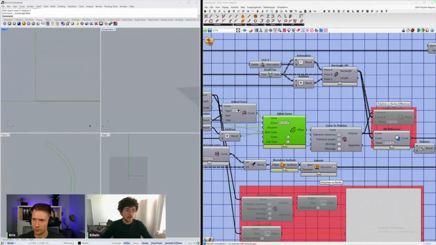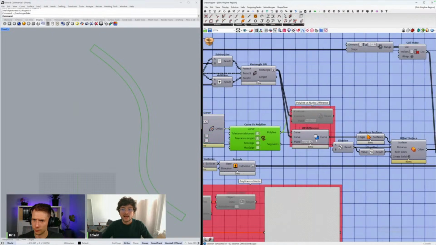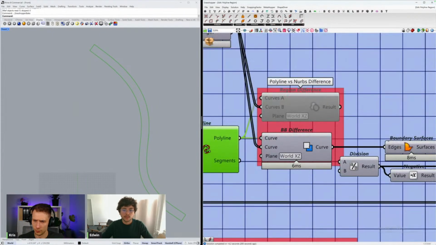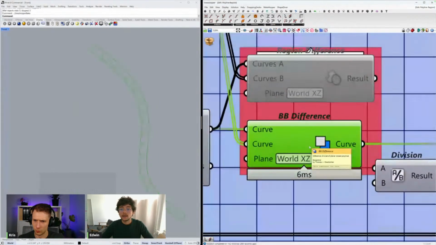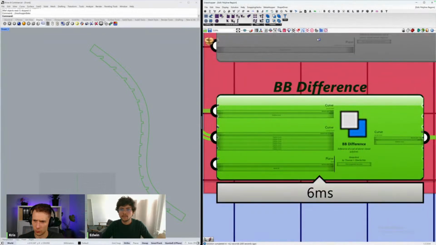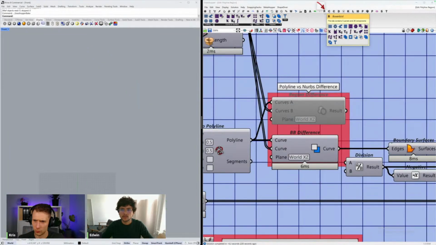So I have my curve as NURBS, then I convert it to polyline, and then I use this component that comes from the Bowerbird plugin. Is it freely available from Food4Rhino? Correct. It's just input for Rhino. You can find it there.